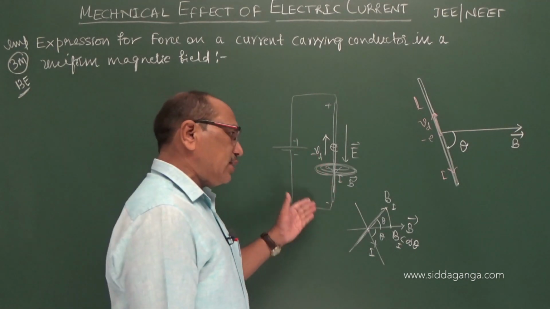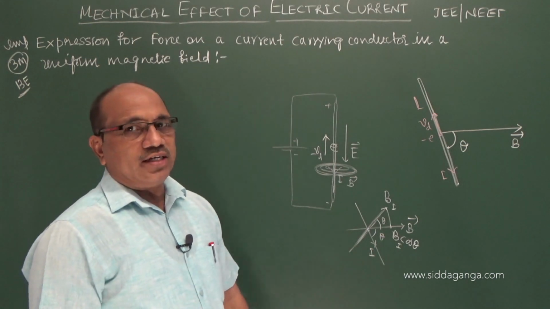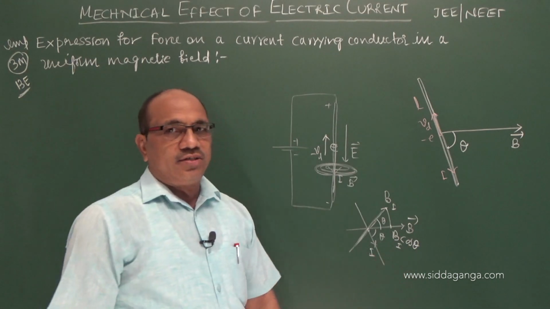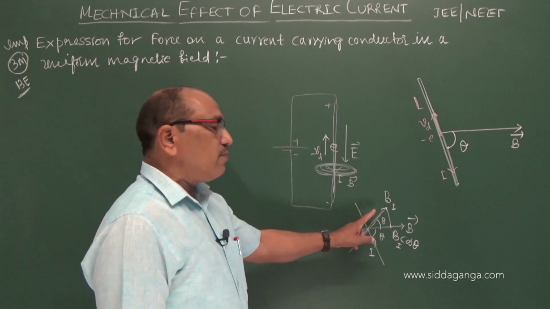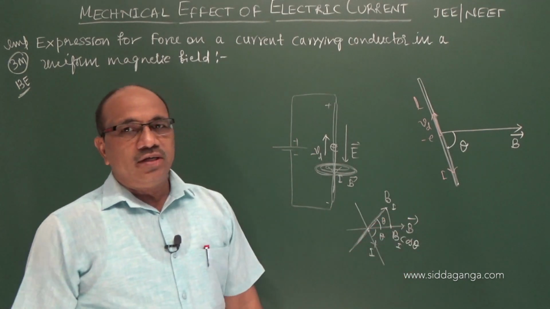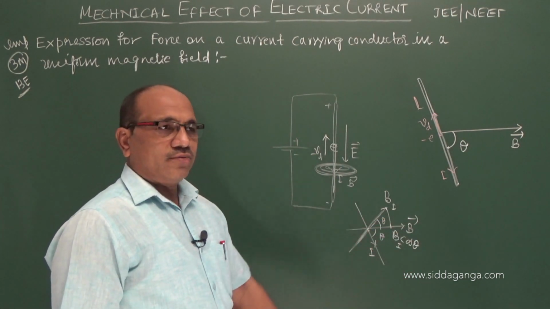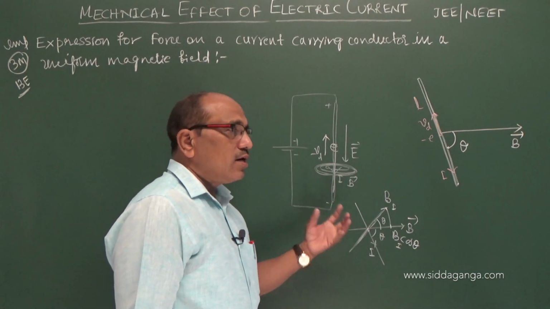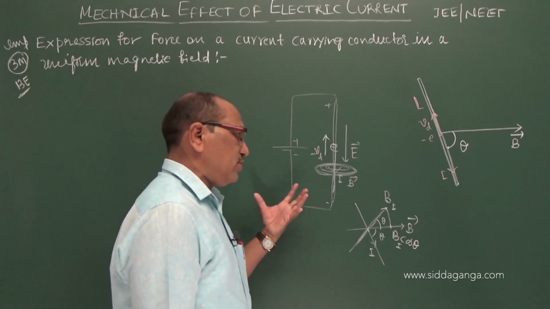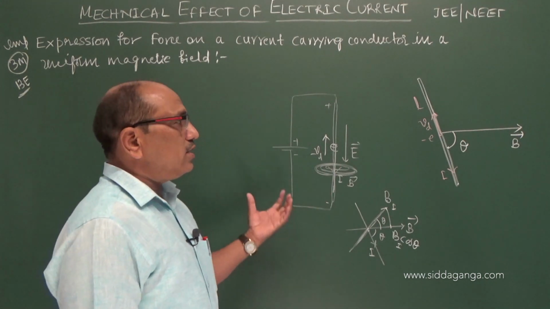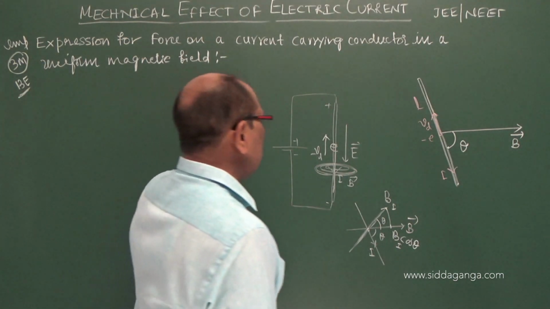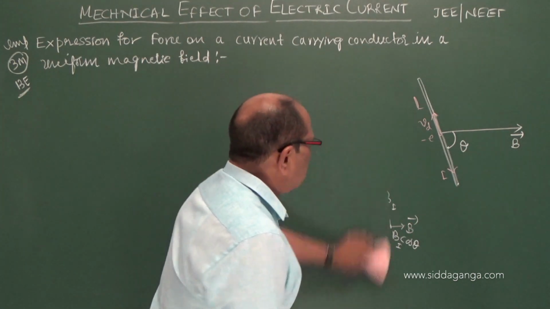When the charge is at rest, it does not give any magnetic field. But when charge is moving in the conductor in a specific direction, those electrons generate a magnetic field, and that magnetic field, when it interacts with the external field, then there is a force. That is why the conductor carrying current placed in the magnetic field experiences a force. With this knowledge, what is the magnitude and direction of the force that the conductor experiences in the magnetic field?